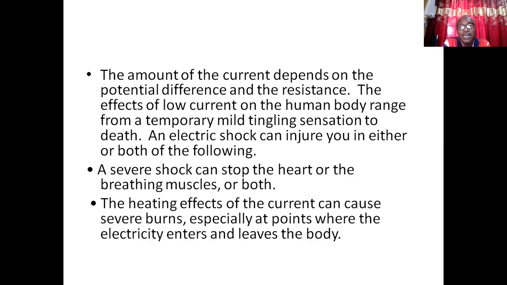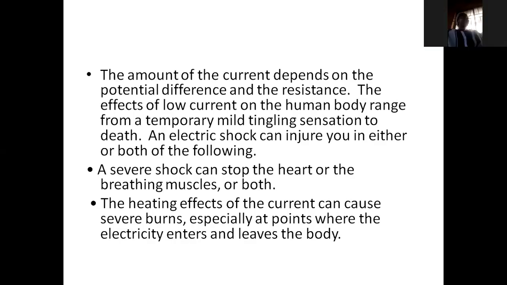So electrical shock can injure you or it can kill you. It can cause the heart to stop. It can affect the breathing muscles. Some electrical current can even tear the muscle. Some can cause burns. Some can even leave the person paralyzed. So that is our general introduction about electrical